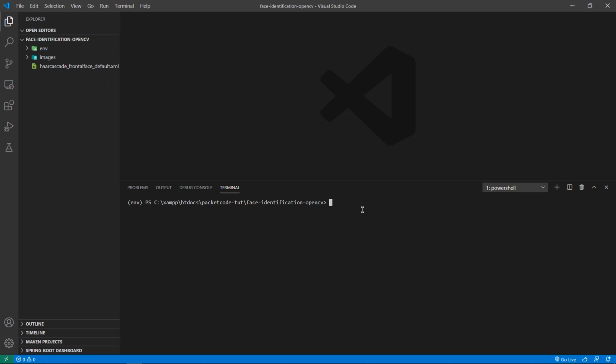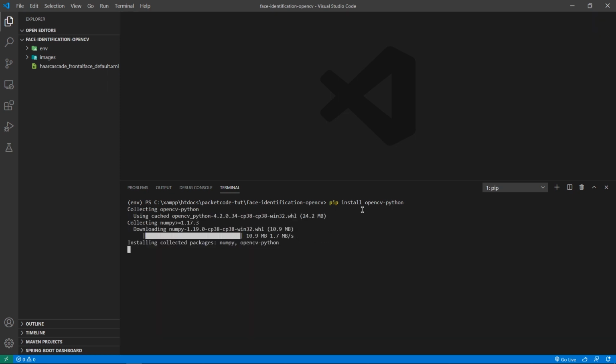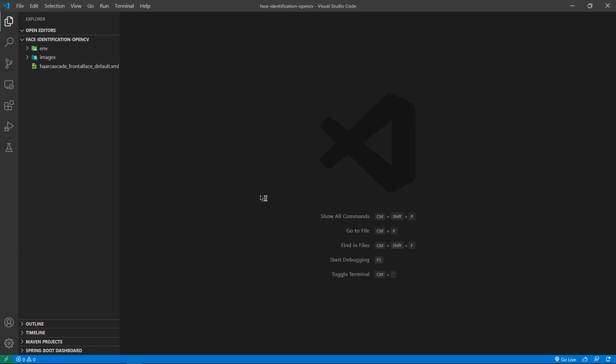Alright, so the command for installing OpenCV is something like this. It's pip install opencv-python. Now click on enter. The installation is done, and this is the only package that you're going to need to install onto your system. So I'm going to close my terminal and I'm going to create a new file and name it